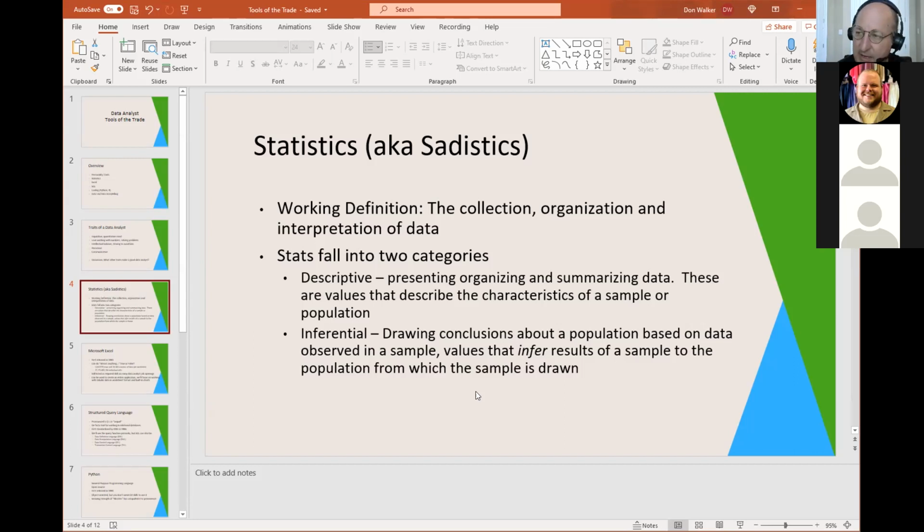Anybody want to embellish on that, or is that a fair working definition? Yeah, I would say so. Descriptive really leads into inferential typically, but yeah. Yes, it does. To me, you can't really understand inferential statistics until you look at describing a data